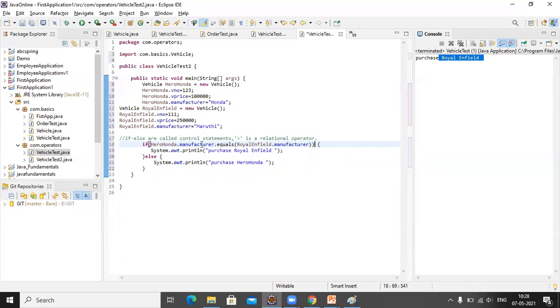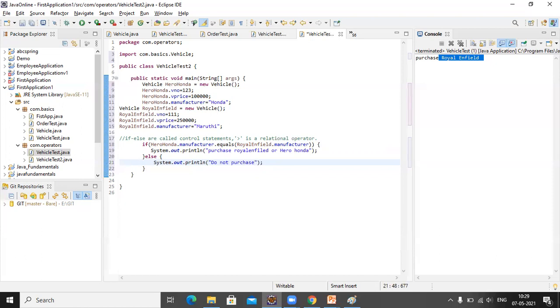If Hero Honda dot manufacturer equals Royal Enfield dot manufacturer, System dot out dot println purchase any vehicle, purchase Royal Enfield or Hero Honda. Okay, else do not purchase anything. Do not purchase.